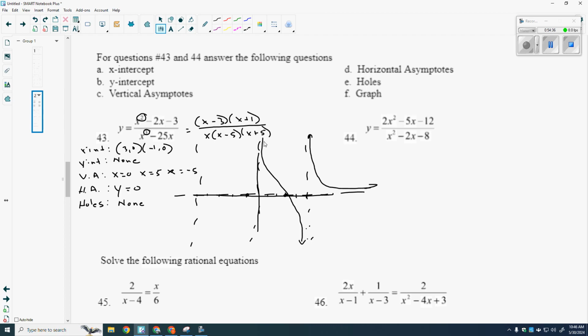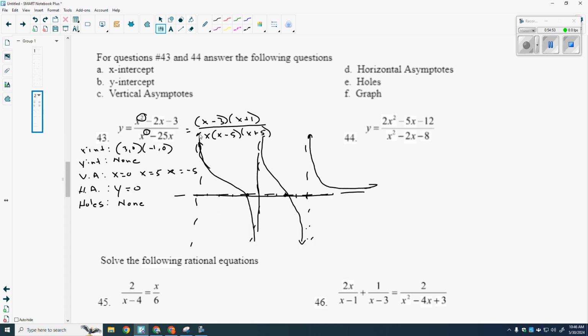Same logic. Over here, if it's going up, it's going to come from the bottom. It has to pass through this point, and it has to approach that asymptote. Ooh, that was horrible. Okay, now this one's a little trickier. If it goes from the top,